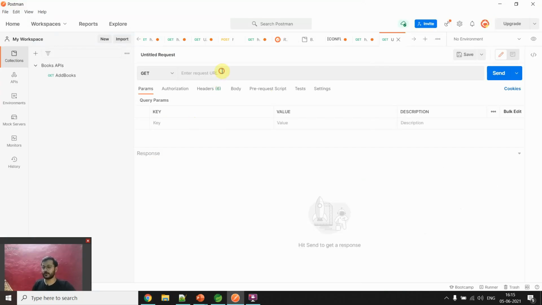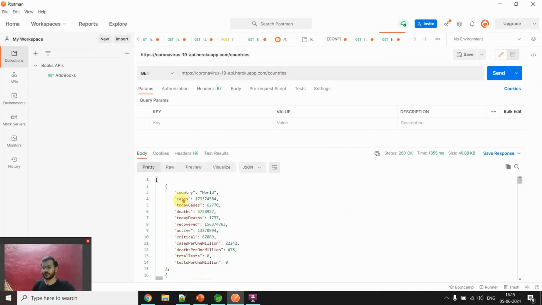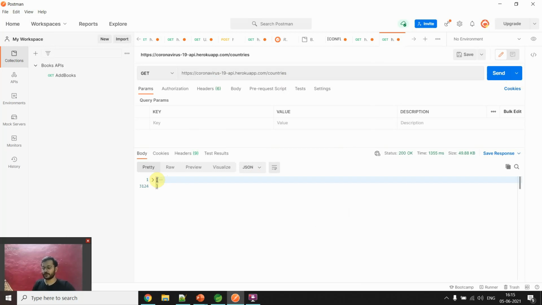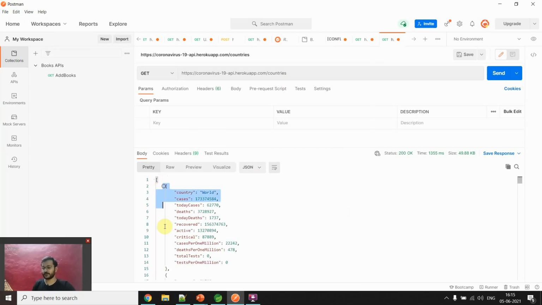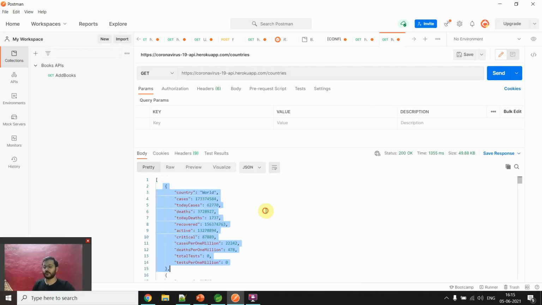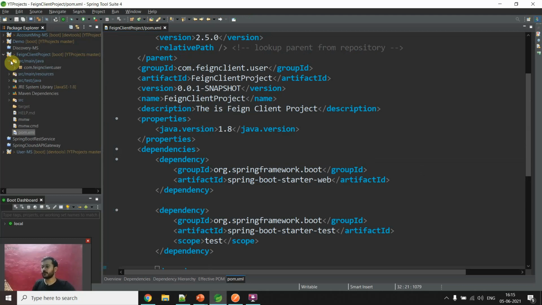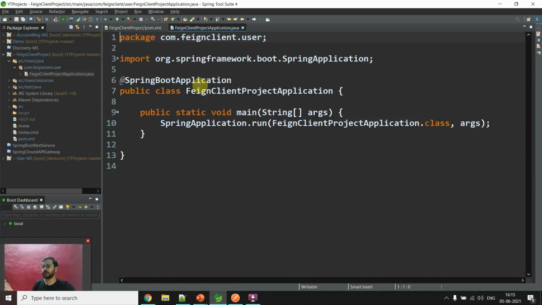Just copy this, make a request, fire a request. If you check here, we have this JSON object, and we have this particular class object inside the array.